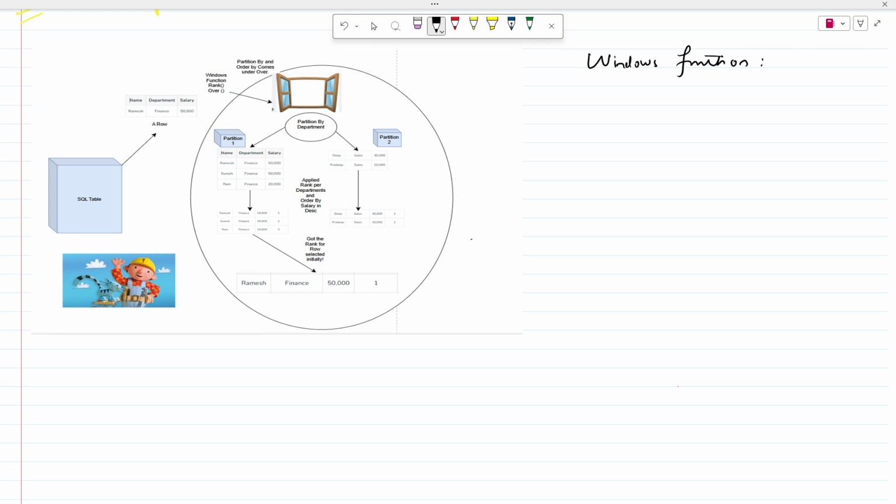So, what is the Windows function? And in what scenario will we be using Windows function? The main topic of this video would be to visualize the Windows function in such a way that you won't forget in future. So if anyone asks you in future what is Windows function, you will be able to explain in a very clear and concise way. To begin with,